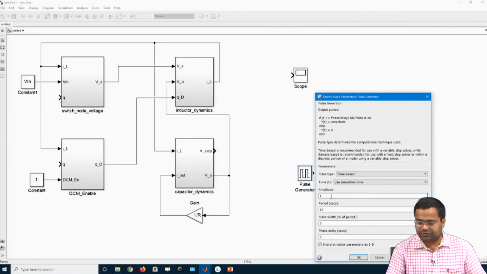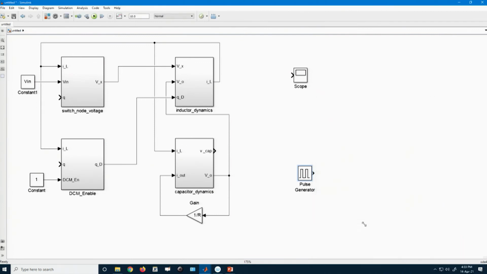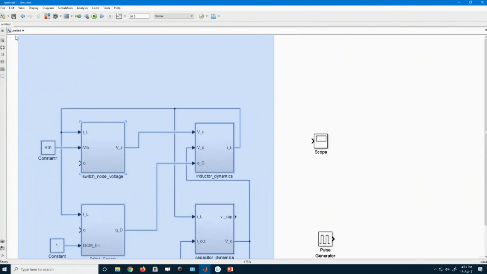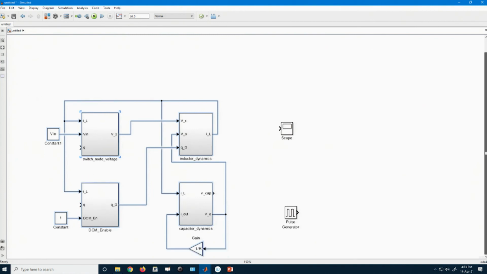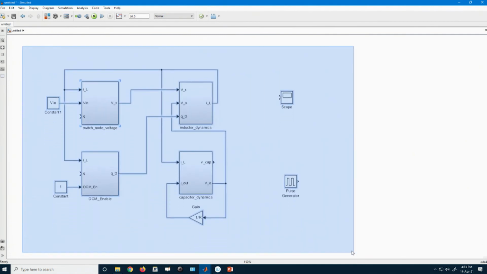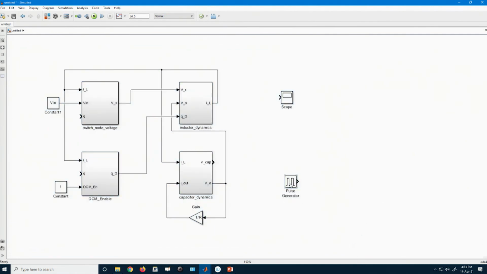and here I am taking a pulse width source. The pulse width source amplitude is 1, time period is T, and let us use a 50% duty ratio, and that I am using for my converter. So I am using a pulse here for my switching.